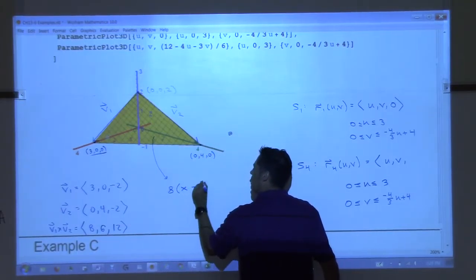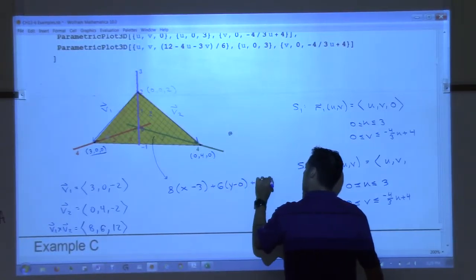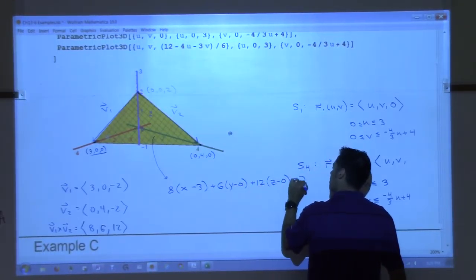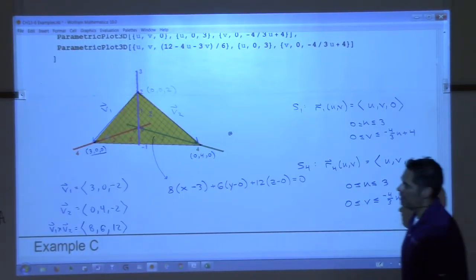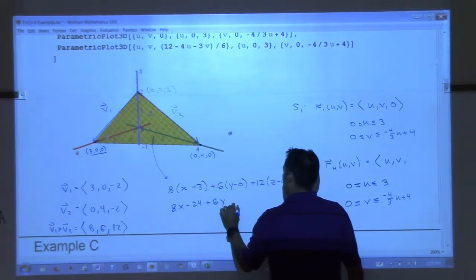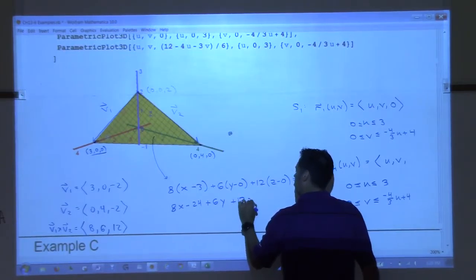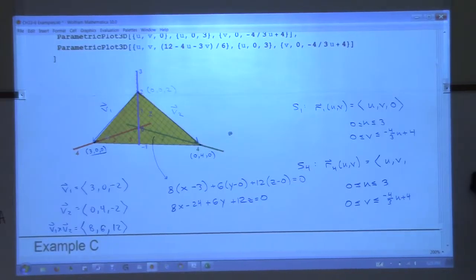So 8 times x minus 3 plus 6 times y minus 0 plus 12 times z minus 0 equals 0. 8x minus 24 plus 6y plus 12z equals 0. And yeah, I could have taken a 2 out a long time ago. I just decided not to. I was going to do it way back when we had the cross product. I was just going to say, hey, we may as well use like 4, 3, 6, but